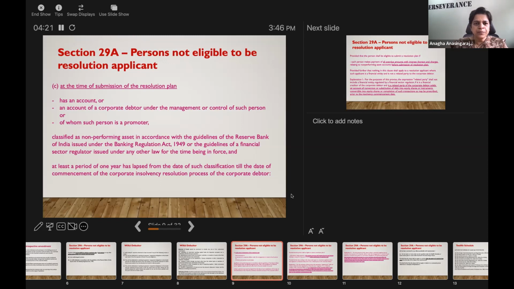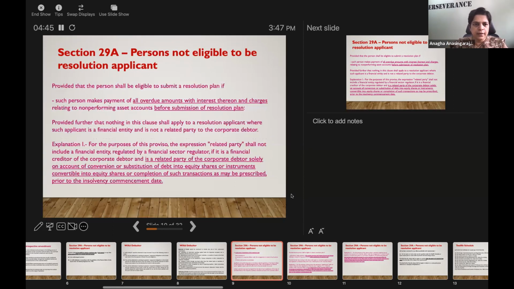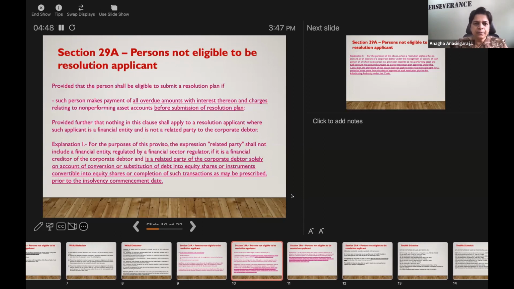So not even at the EOI stage, at the submission of the resolution plan, who has an account. So such person, if he has an account or an account of the CD under his management or control, or of whom such person is a promoter. So if that person is a promoter and that account has been declared NPA under the RBI guidelines, and at least a period of 1 year has elapsed from the date of such classification till the commencement of CIRP, then that person will not be eligible to be a resolution applicant, provided that the person shall be eligible to submit a resolution plan if he makes payment of all the overdue amounts with the interest thereon and whatever charges may be related to the NPA before submission of the resolution plan, and